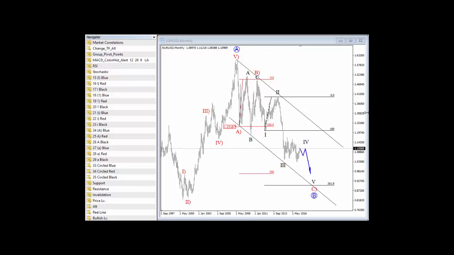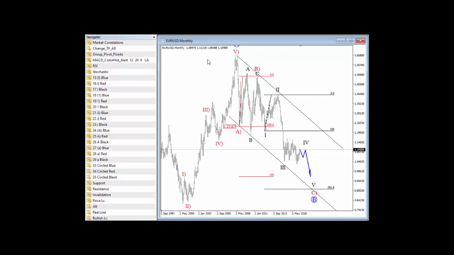I want to give an update on Euro Dollar. As you know, last week I mentioned that we may see a reversal to the downside. Clearly this has not been the case. Euro is the strongest across the board, so I think it's very important to give you an update on the new midterm outlook that I'm observing here.